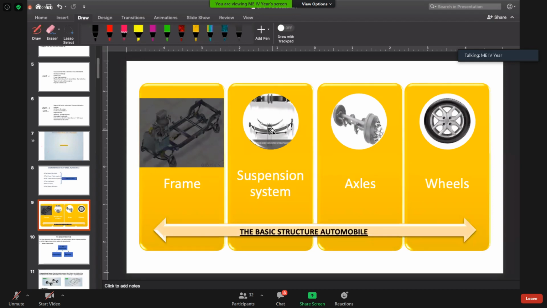So in your conventional system there will be one rigid axle, okay, and that will be attached using your leaf spring. And in your independent suspension system all the wheels are independent to move in the vertical direction. So in that type of suspension system we can see McPherson strut or wishbone, double wishbone suspension system. After that we have axles. We have seen in the video live axles are there, dead axles are there, and lastly we have seen the wheels. There are three type of wheels.